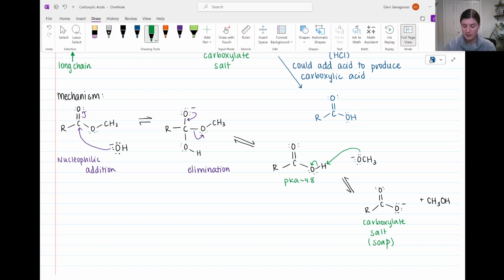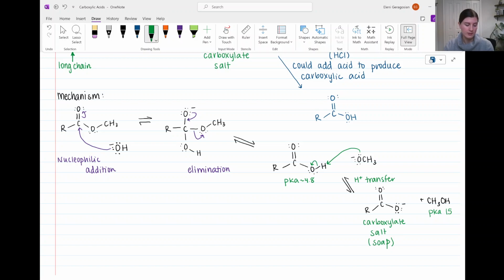CH3OH in this last reaction, which is a proton transfer reaction. The pKa of, not acetic acid, but of our carboxylic acid is about 4.8. The pKa of methanol is about 15. So the carboxylic acid is a much stronger acid, so this reaction lies towards the products, the carboxylate salt and